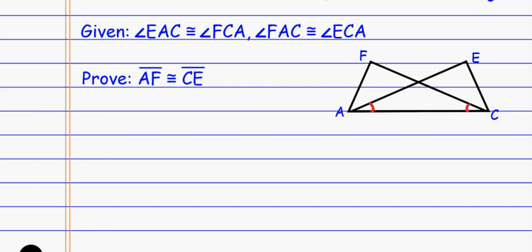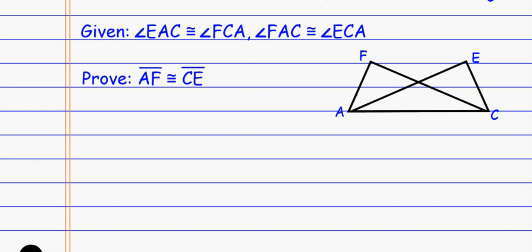And then FAC, which is this entire angle right here, is congruent to ECA, which is this entire angle right here. And right away, this looks messy. I can't tell what's going on in this thing because I have those bigger angles that are made up of the smaller angles, and all right,